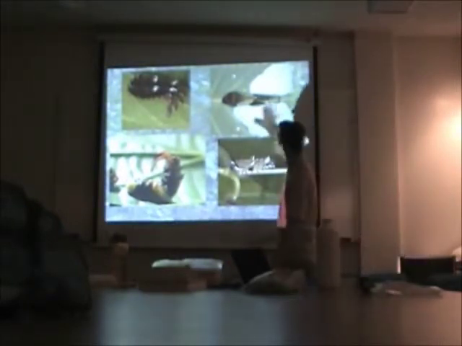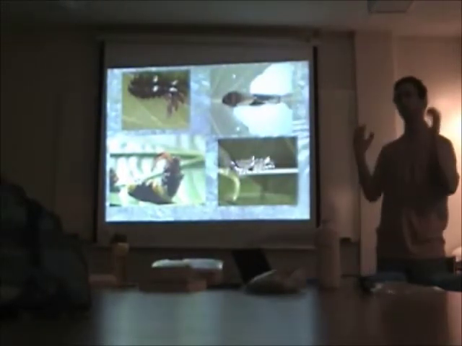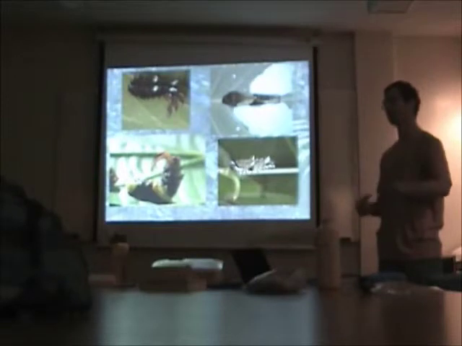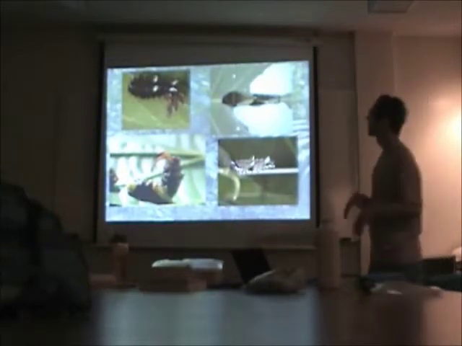So the swallowtails are cool. They have these things called osmeteria. These are glands, and if you bug them, they shoot them out. They have all these volatile toxins that scare away a predator. It's also kind of a startle mechanism. These are, by the way, some parasitoids that have just popped out of this